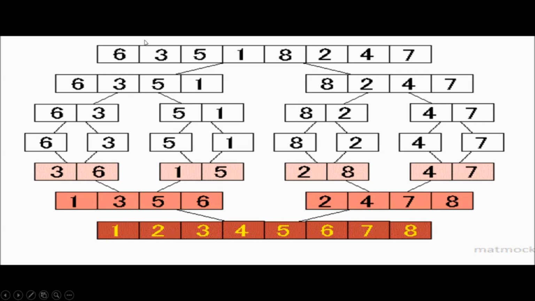Now suppose there is a list in which there are 8 different numbers and they are not arranged in a sequence. In order to arrange them in a sequence, we divide the array into two parts, and further we divide the array into four parts, and further into 8 different parts. These 8 parts have only one element each, so further division is not possible. See this, I am highlighting this part. Further division is not possible because we have already got one single element from the array.